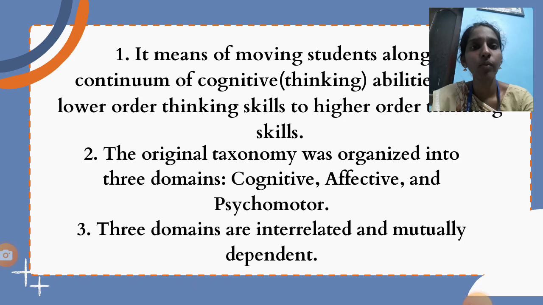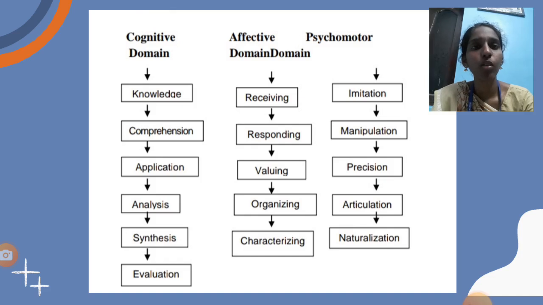It means moving students and their cognitive abilities from lower order thinking skills to higher order thinking skills. This taxonomy was organized into three domains, which are cognitive, affective and psychomotor, and these three domains are interrelated and mutually dependent. So in the cognitive domain, there